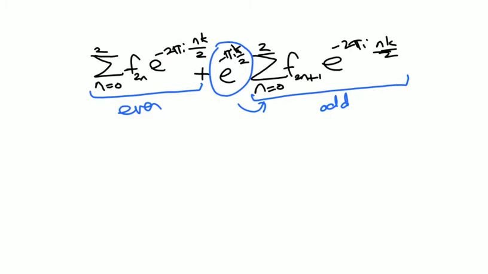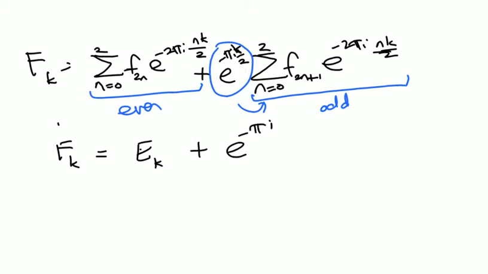I'm going to write the F_k. So in other words, F_k is equal to, no, it should not be O, even starts with E. So why am I writing O there? So E_k, the even part, plus e^(-πik/2) O_k. Alright, this looks very nice. And so this applies for k,